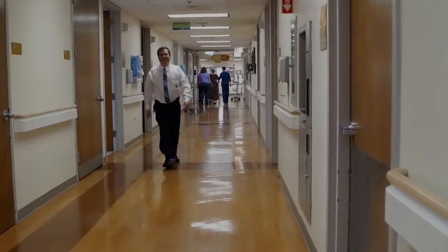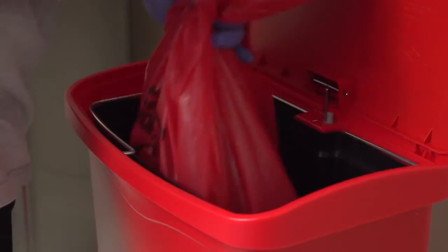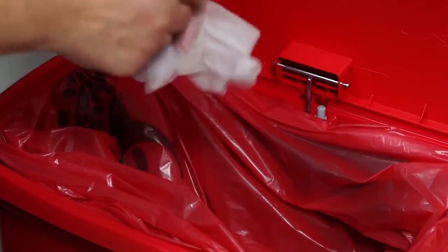The Slim Jim Step-On has had such a big impact on the staff for efficiency. It's so much easier and faster for us to get the trash out. While the patient's sitting there, we can get in real quick. The staff has told me how easy it is to just press on the pedal and throw the waste in